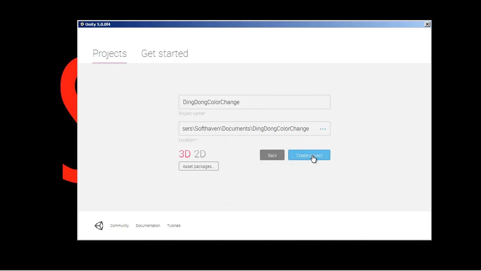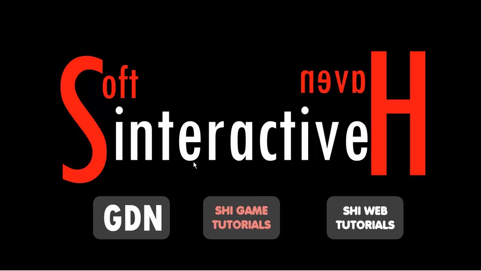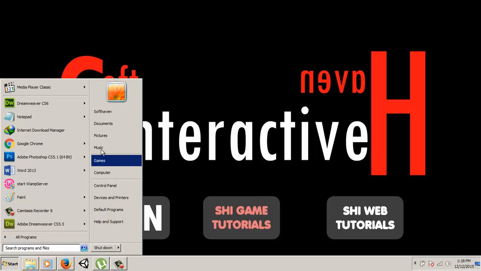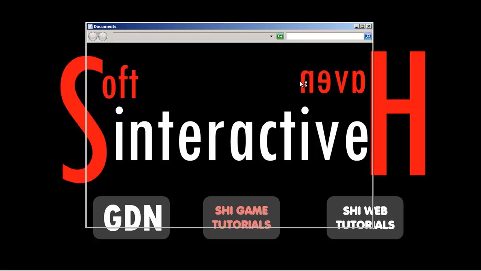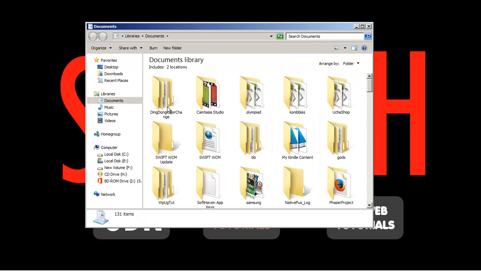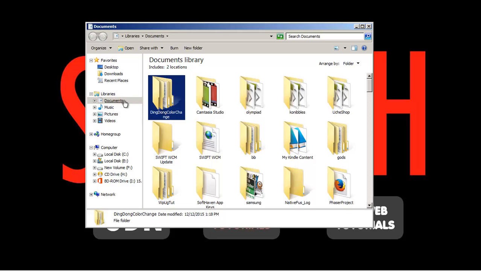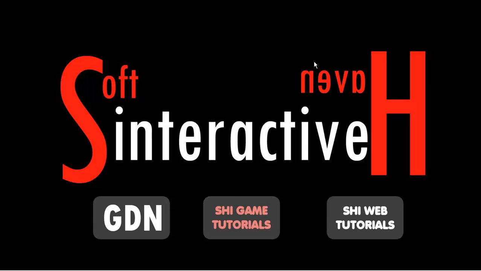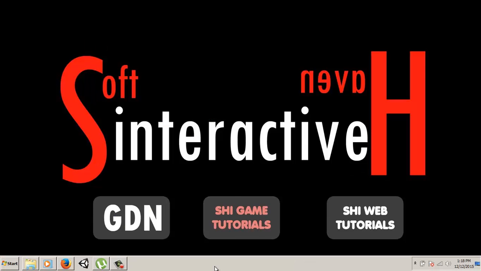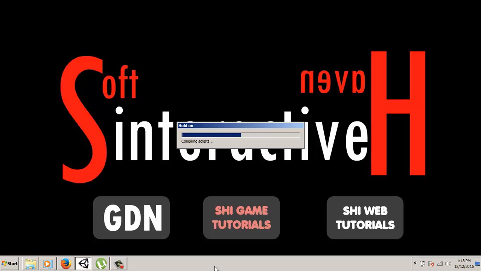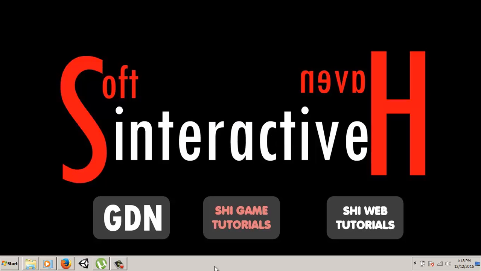So we hit create project, and bam, you notice that you have the project created in your my documents, because the document location was where we set for the Ding Dong Change project to be created at. So once that is done, we wait for Unity to launch, and we'll get our interface to start